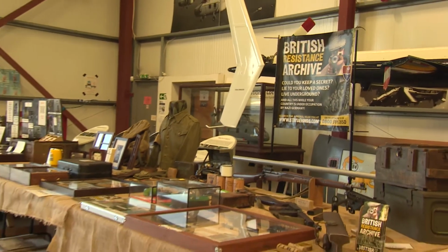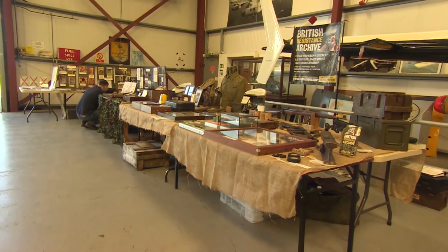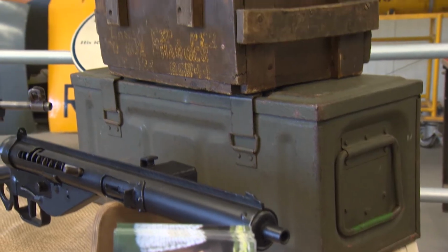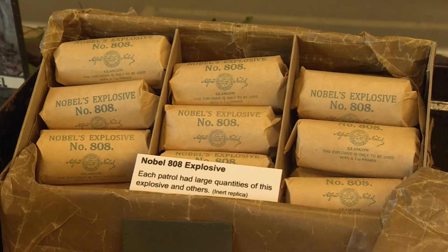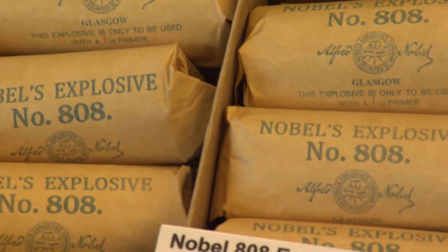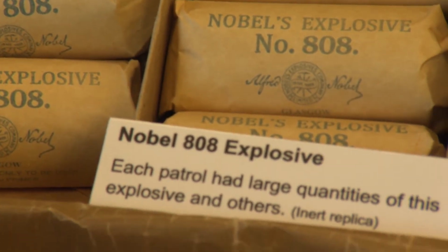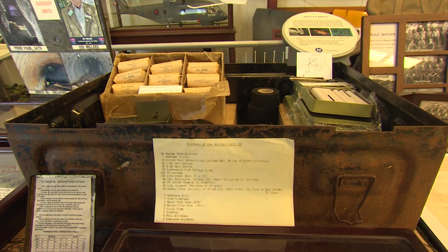Well, some of the things we've got some new boxes just to try and give an idea of the amount of explosives that we've got. We brought along today 7 of these wooden boxes which contain 20 pounds of either plastic explosive or Nobel 808 explosive. 20 pounds represents just 1/15 of the amount that an Aux patrol would have. So we brought along quite a lot of them, and that's still not as many as a patrol would have